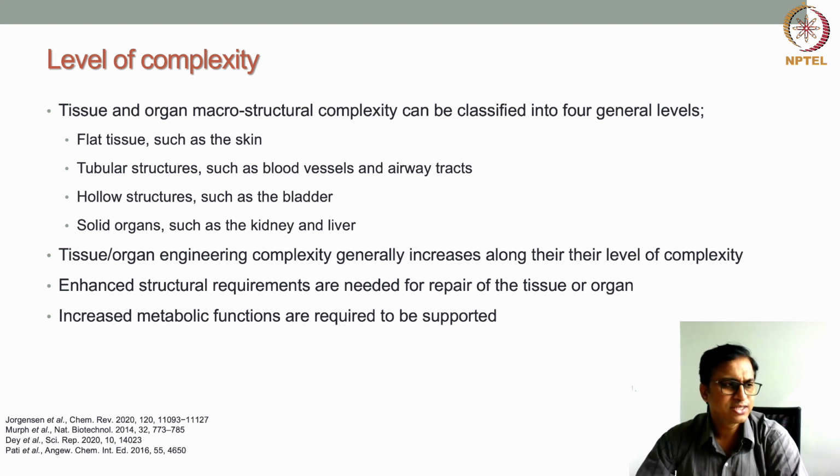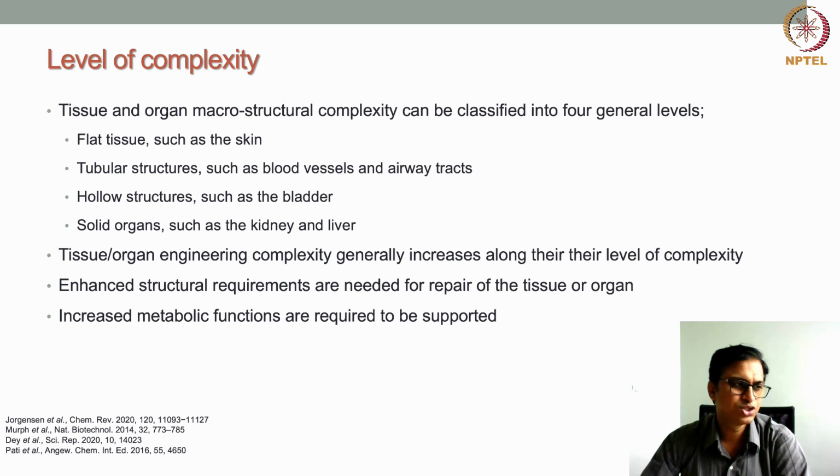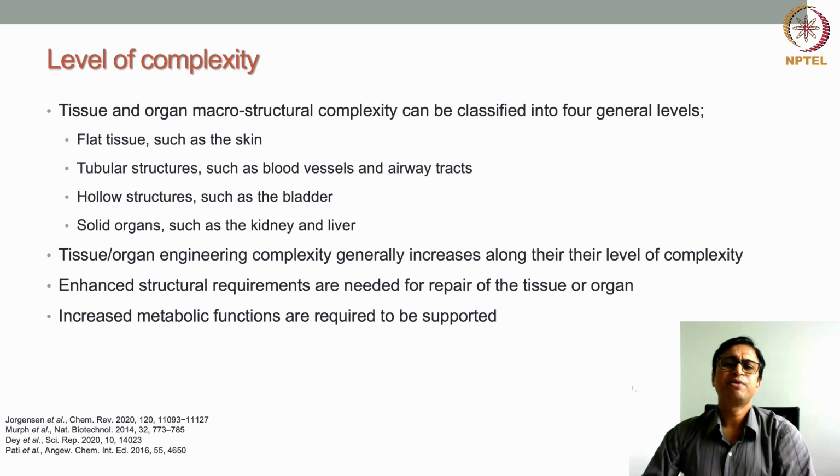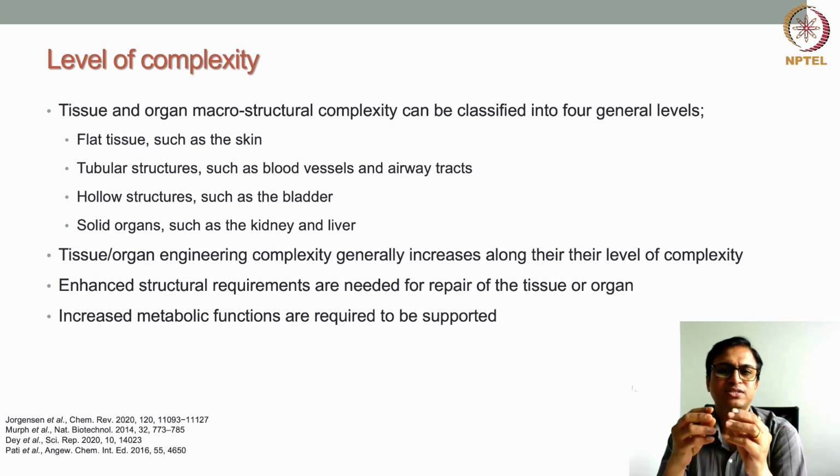In certain cases, the tissues are relatively simpler in complexity, and they are two-dimensional structures, mostly flat tissue structures. But in certain cases the organs are very complex. They have a very typical macrostructure and microstructure, and they have different compartments. Their microstructure is very different. So we'll discuss some of these aspects, like how we can classify them